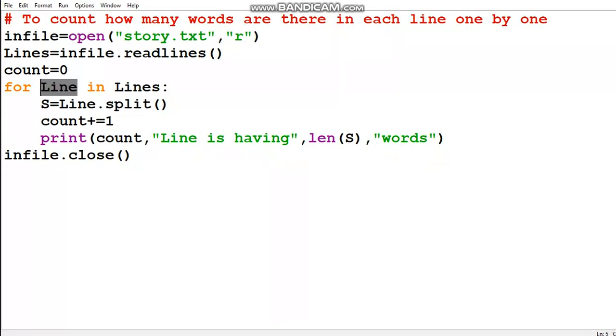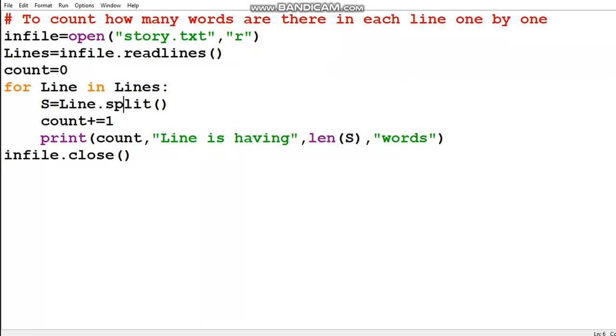The first line has 5 words, so each word is separated by space, meaning the line will be split, and each word will be extracted separately and stored in s. So s will have a list type of structure. The first word will be stored at 0, then the second at 1. So you need to know the split function before doing this.